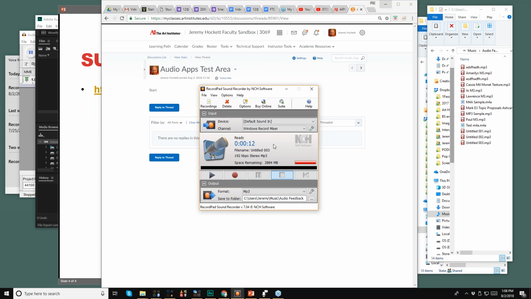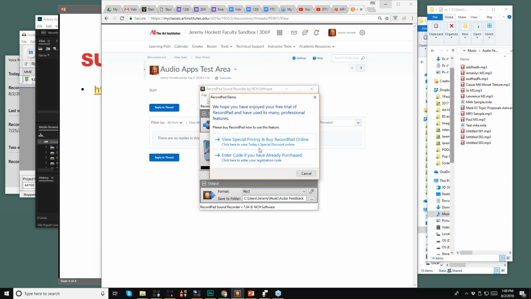It's super streamlined, very basic. It can only save in three formats: MP3, WAV, and AIFF files. Obviously, for your purposes, you want to be saving in MP3. It's incredibly simple to use. You click record. If it is free,